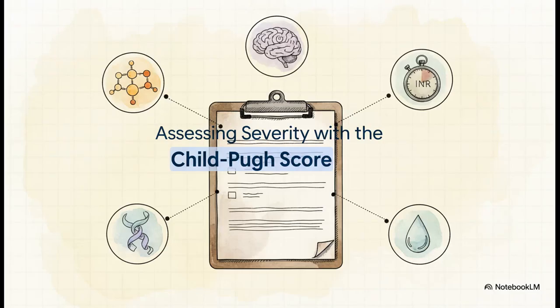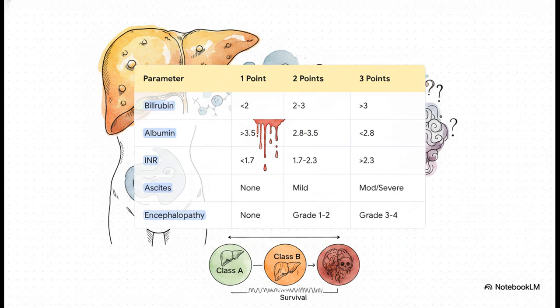Now, to really quantify how severe the disease is and get an idea of the prognosis, we use clinical scoring systems. The classic one, and one you absolutely have to know for any exam, is the Child-Pugh score. The Child-Pugh score is brilliant because it mixes 5 key parameters: 3 lab values, bilirubin, albumin, and INR, and 2 clinical findings, how bad the ascites is and the grade of